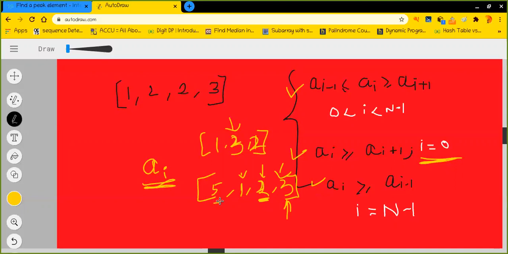But what about the first index? The same condition holds. So let us say this is the peak element.